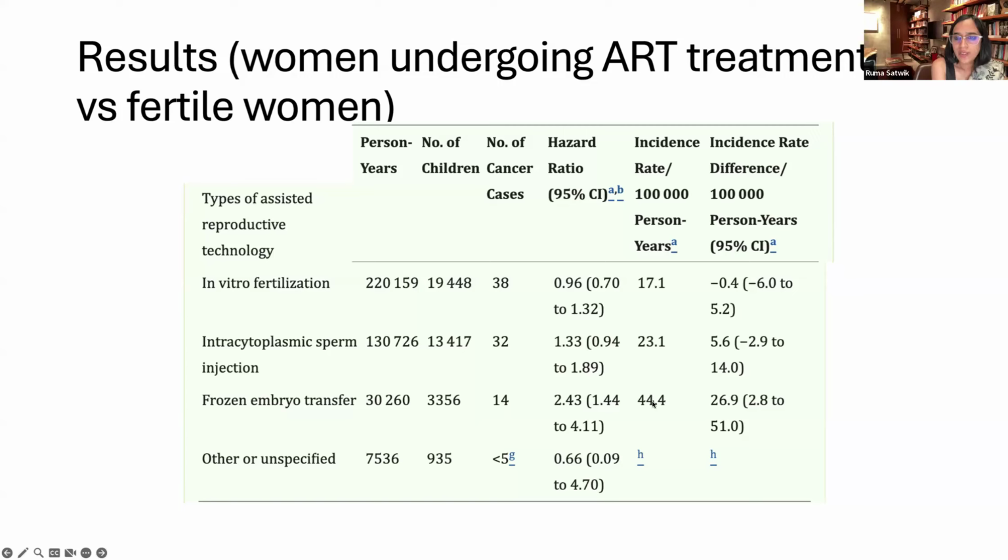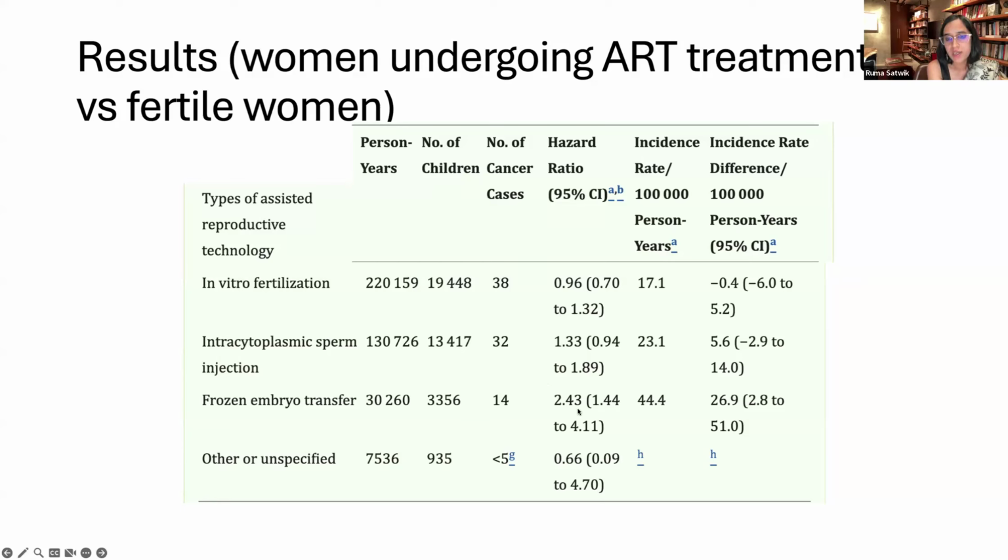So how do I know if the confounders here are not working, right? This is the pure incidence rates based on just these numbers divided by the person-years. Now I go to hazard ratio, where they put in the covariates, where they are trying to balance the confounders statistically. And this is what they come up with, a 2.43